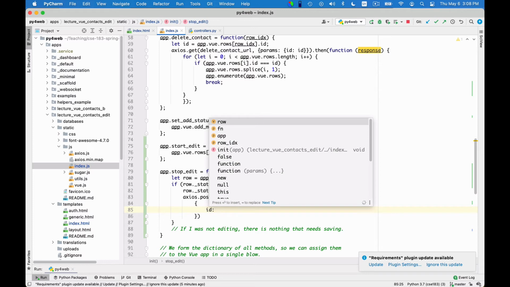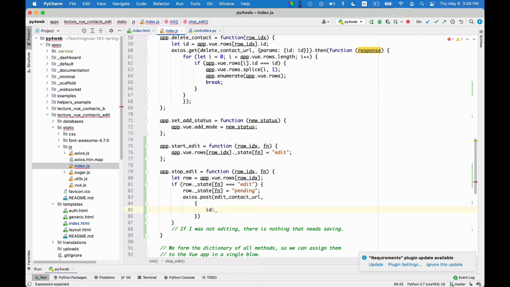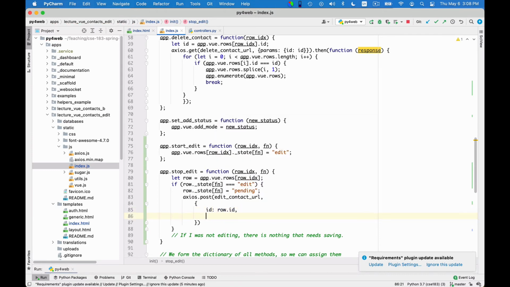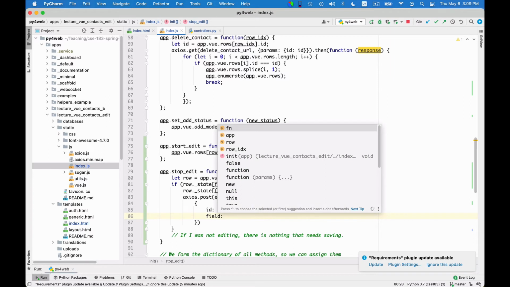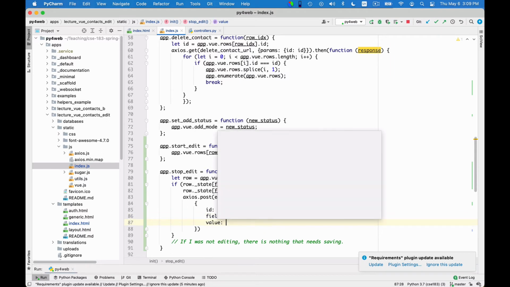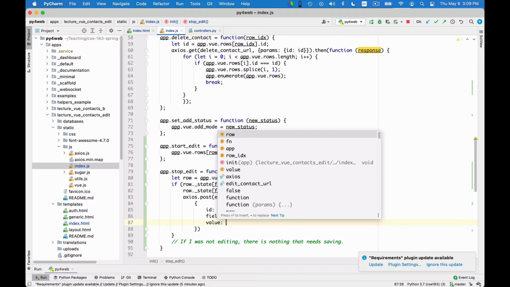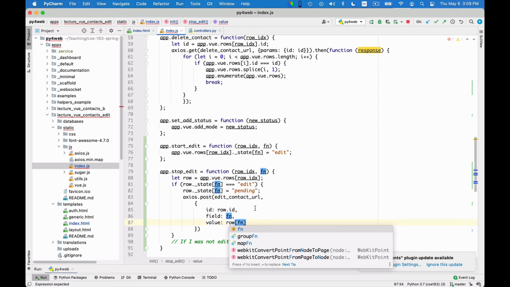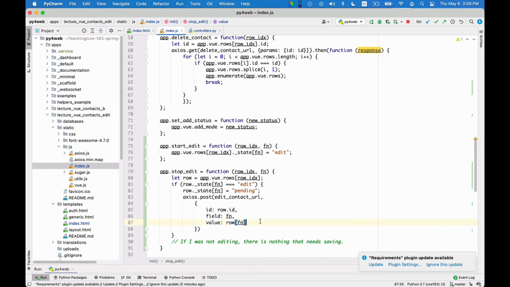I want to say that the ID of the field I'm updating, which is row.id. I want to say the field name, I say field fn, and then I want to give the new value, which is simply, or maybe not so simply, row of fn. You see, normally you can access things via, let me add it as a comment, you can say row.firstname.